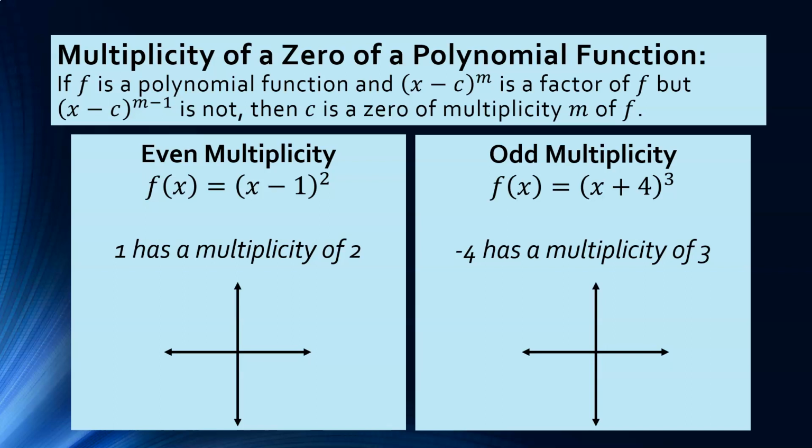now the rule says that as long as we don't have the same exact factor with a different exponent, or one exponent smaller than the original, that's why they say x minus c to the m is a factor of f, but x minus c to the m minus 1 is not. Okay, so that's not going to happen, so don't worry about that. But that's just a caveat to the rule. But if we have x minus c to the m power, then we would say 0 is a multiplicity of